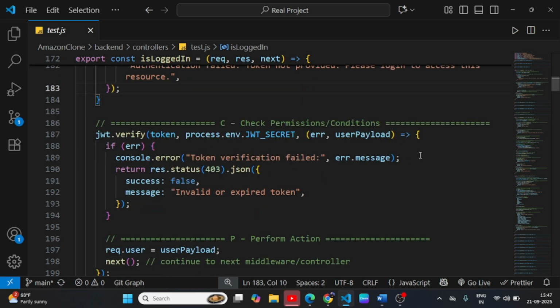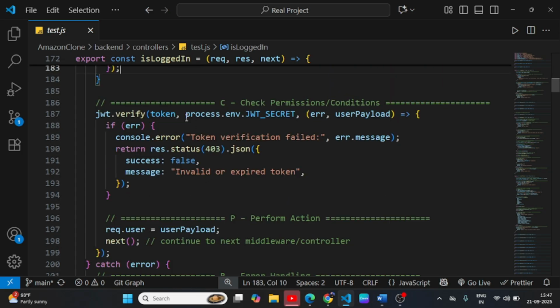That means if it's done, then run this thing. If it's false, it's not gonna run. So if you get any error, we can catch it inside the first argument, and then if there is an error, we console log it for debugging purposes, and then we send the message invalid or expired token, 403. If it is successful, then run the callback function,